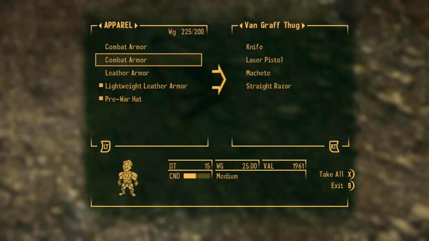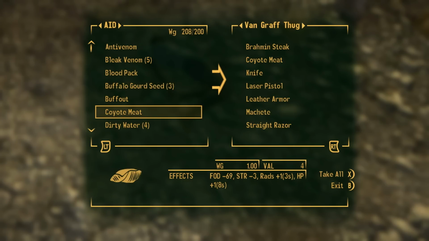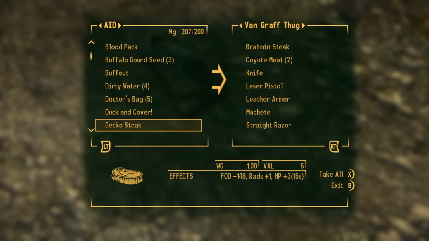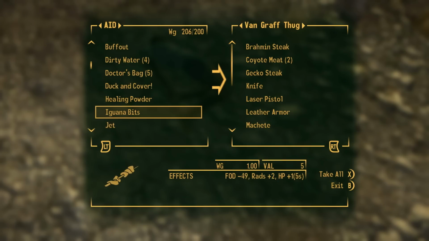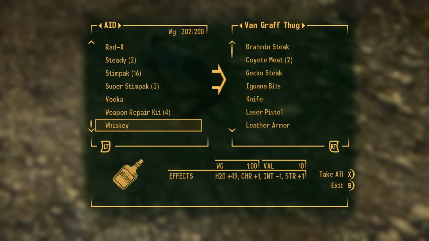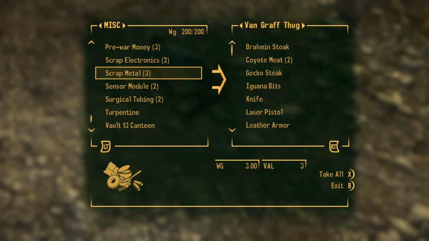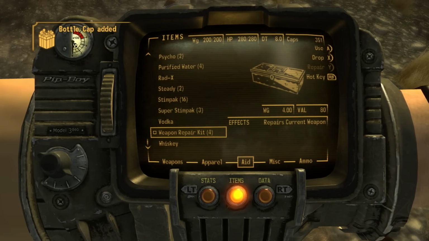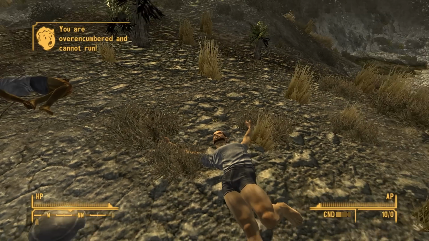Straight razor, leather armor, and then I bet we have all sorts of food and stuff we can give. There's a water purifier you can create too. I think it takes surgical tubing and 2 pitchers. Yeah, I'm pretty sure that's it. Don't quote me on that. Hey, we have a duck and cover too, so that's 1 more pound gone. And guana bits, I'll just give them all my food. Food does weigh a little bit. It's not too bad, but... and what else? I bet we don't need that. So, now we're good. Let's go ahead and take the duck and cover, which is going to be explosives. And now we can go to...